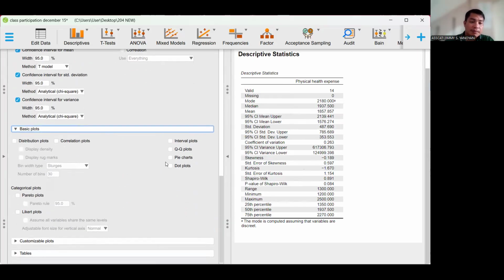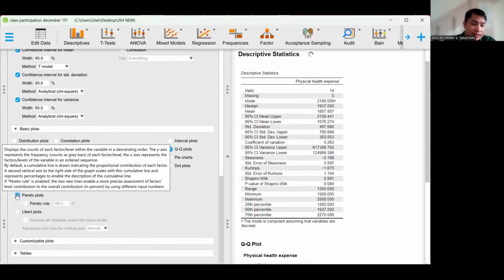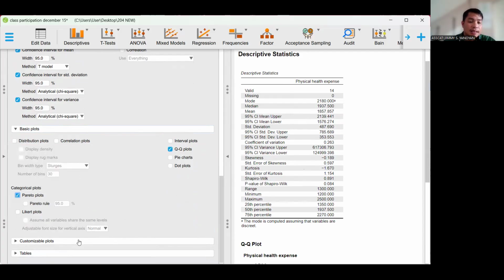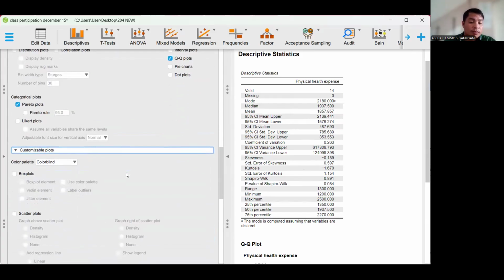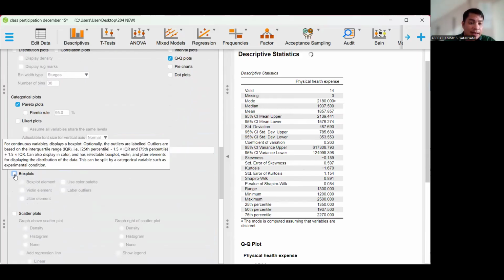Okay, so next, we are now going to proceed with the plots, or the basic plots. In the basic plots, we will have the QQ plot. We also have the Pareto plots, and we can also add customizable plots, which are the box plots.